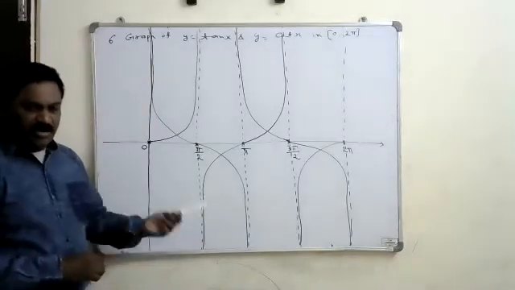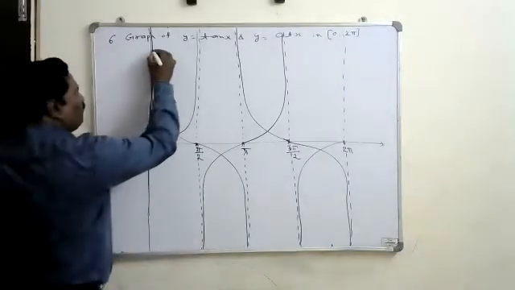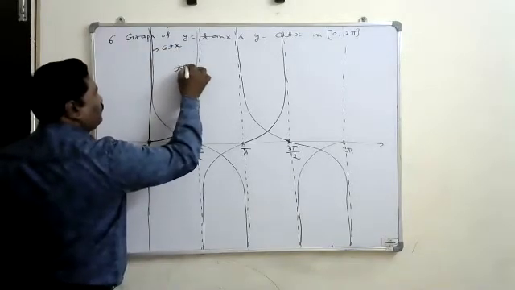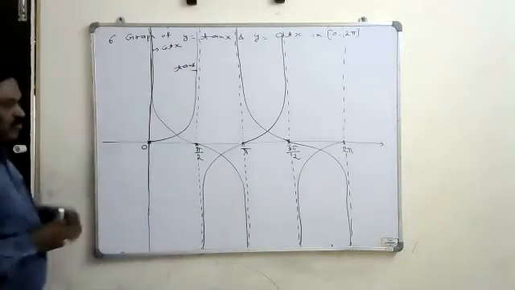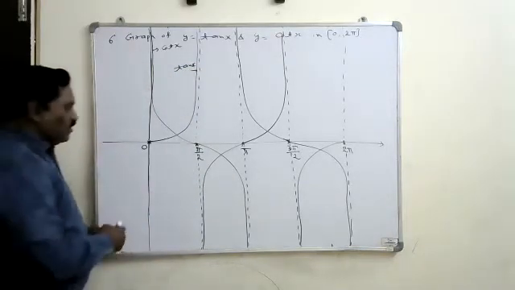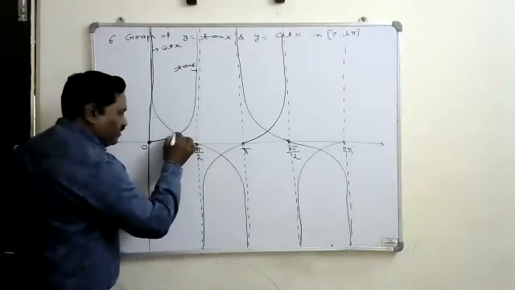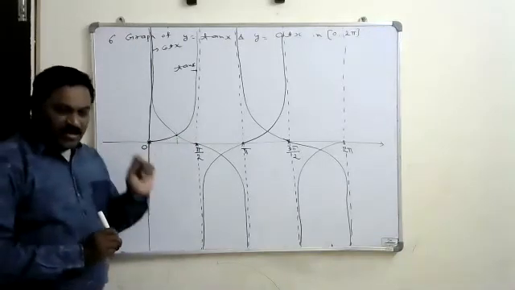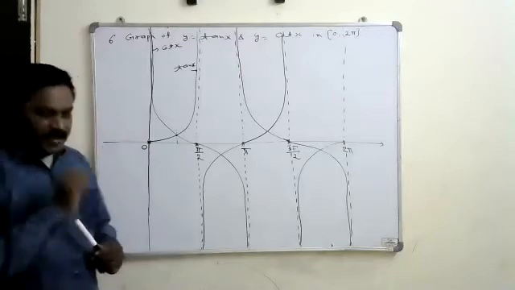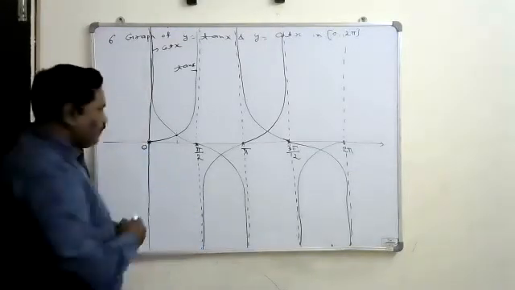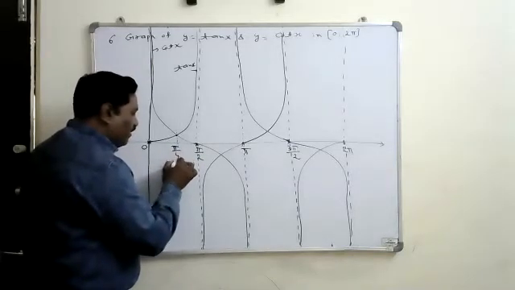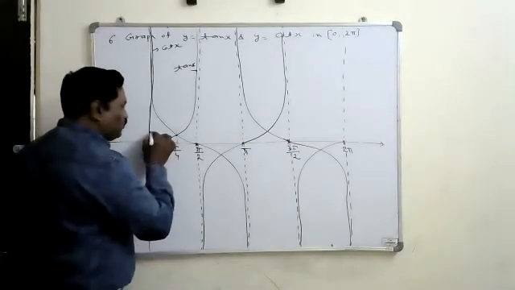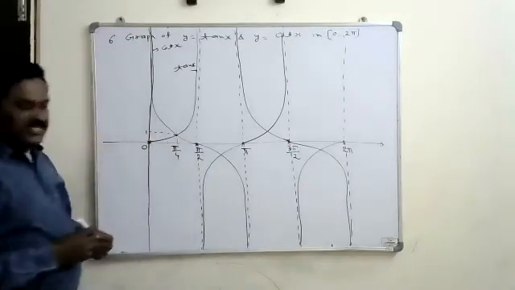So this is the graph of cot x and tan x together. So this is the graph of cot x and this is the graph of tan x. Okay. So if you observe these two graphs, both the graphs are going to meet here, right? Means at what angle tan and cot are equal? 45 degrees. That is tan pi by 4 and cot pi by 4 both are giving 1. Means when x is pi by 4, y value is 1. Okay.